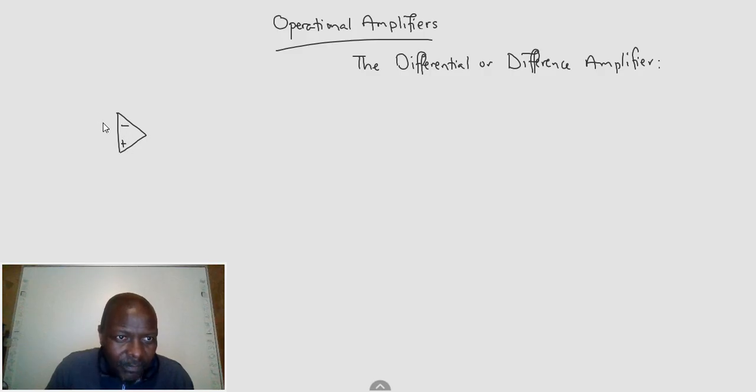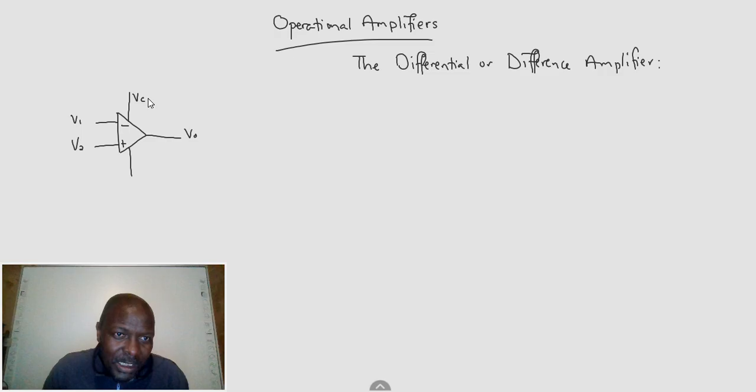We said this is a comparator. If this is V in and this is V1 and this is V2, rather V1 and V2, we said if this is V out, remember without having to do it all the time,